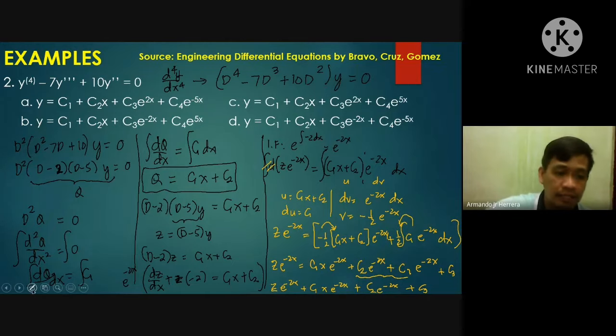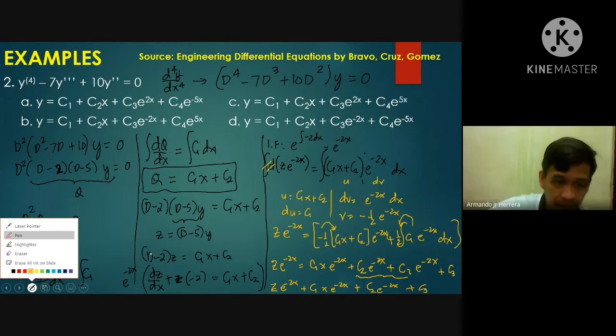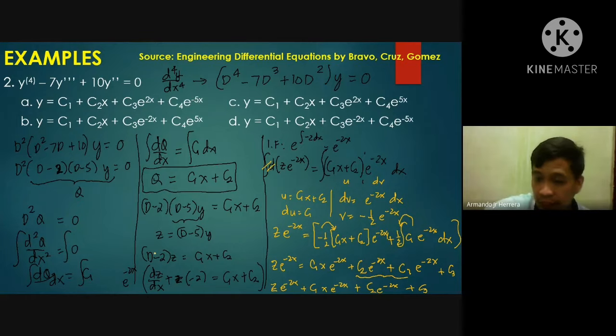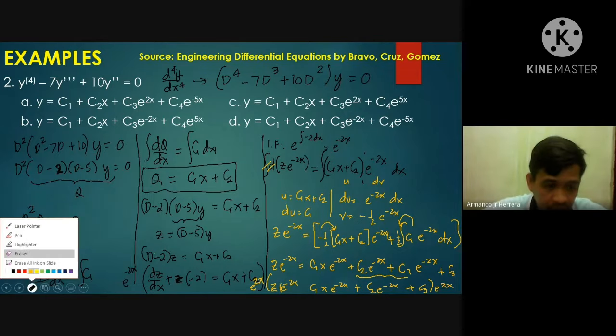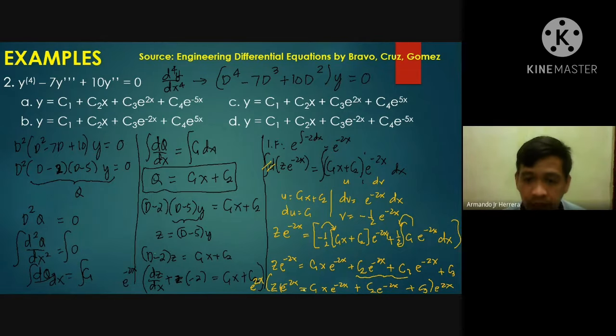So let us try to erase this. No, huwag na natin i-erase, later na. So copy na lang muna natin. So mumultiply natin ito by e to 2x. So pag minultiply natin siya ng e to 2x, this cancels out, matitira na lang dito ay z. So this is z equals. Magiging equals ito. So pag minultiply natin ng e to the 2x, makakancel out itong e to the minus 2x. So that gives you z